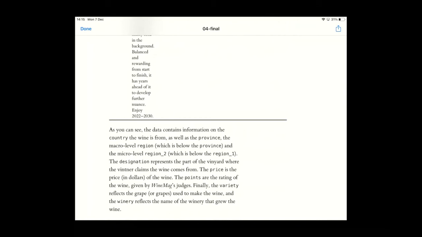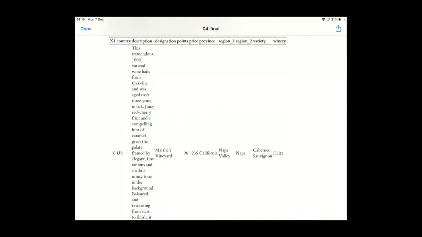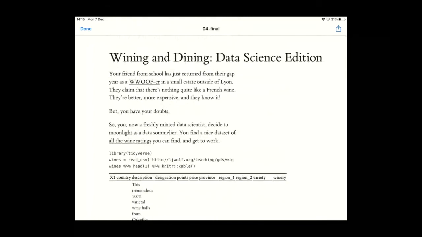There's a little bit of text here that talks about what that is. And we're mainly going to be asking questions about the country, the points or the rating of the wine, the price, and the variety. Okay, so that's really what we're going to be focusing on: the country, the points, the price, and the variety. And if you think about this whole endeavor, the main point, I guess this is not an up-to-date version of this assessment, so there's a little bit different that I need to pull up. Sorry, let me do that real quick.